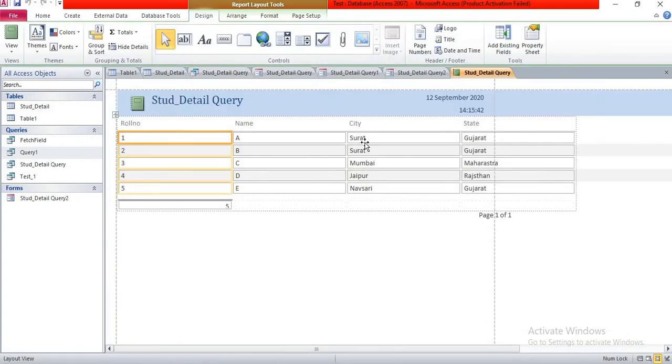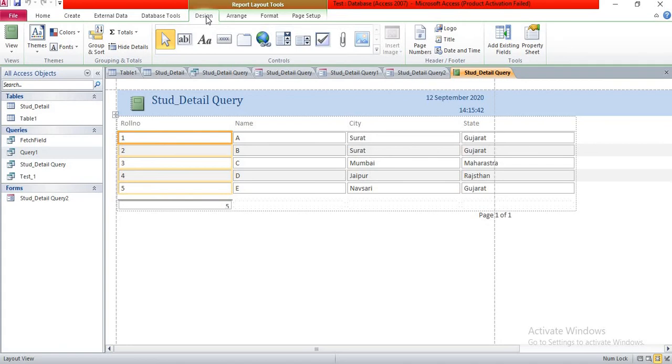Now a report screen will open along with 4 new tabs, that is design, arrange, format and page setup. Now go into the design menu. In the design tab, we may change the view of the report in the view group. We may set theme, color and font in the theme group.